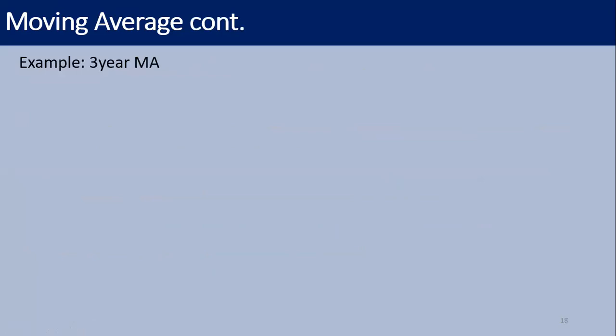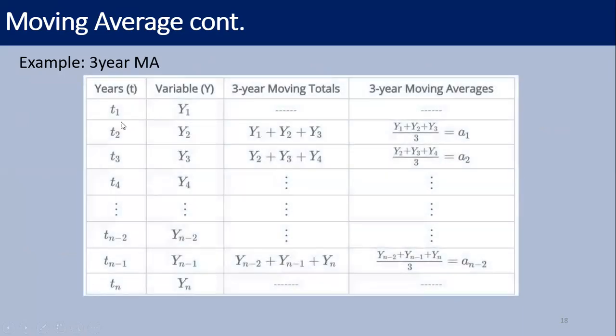Then the moving average is important when we develop trend analysis, so how do we conduct trend analysis using a moving average? Let's move to this example. You can see the years, maybe 2000 to 2020, and the variables are there. Then we are going to calculate the moving average. We can calculate a 3-year moving average, 4-year, 5-year, and likewise other moving averages.